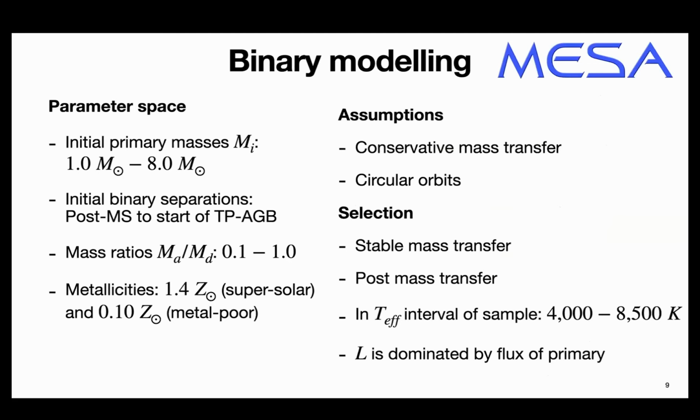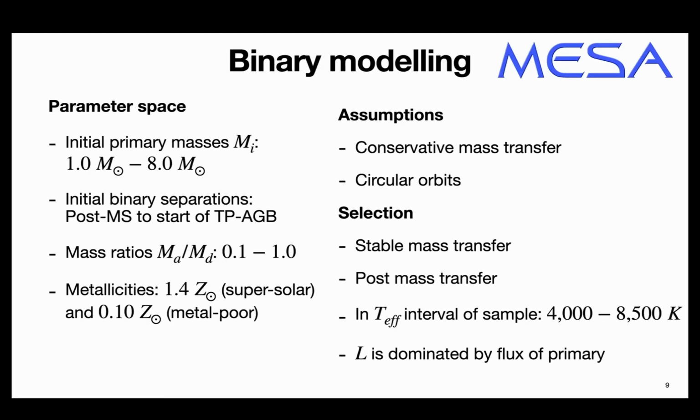So for simplicity's sake, for the modeling, we assume conservative mass transfer. And this is also the case for eccentricity, so we assume circular orbits. Furthermore, from these models, we make the selection that the mass transfer has thus needed to have been stable,